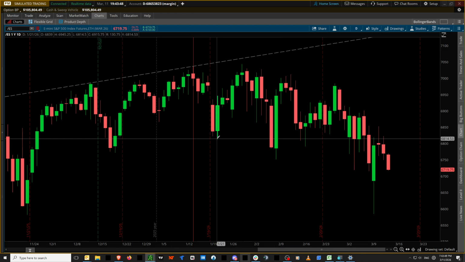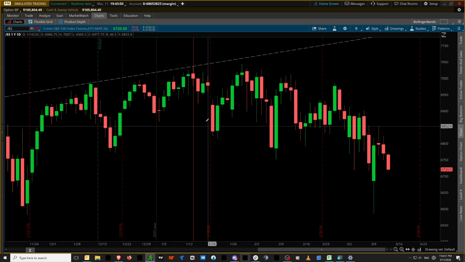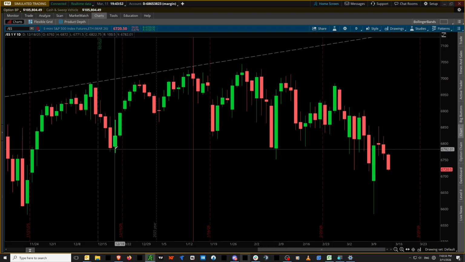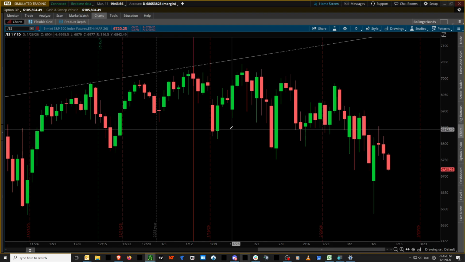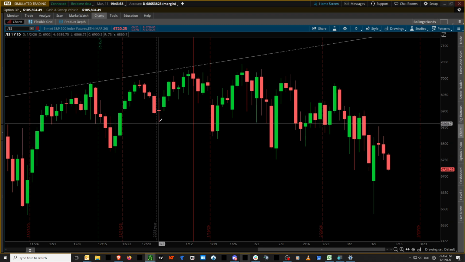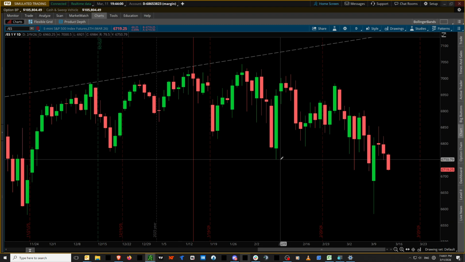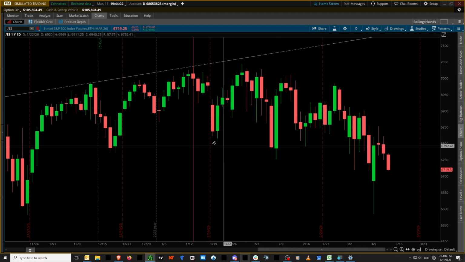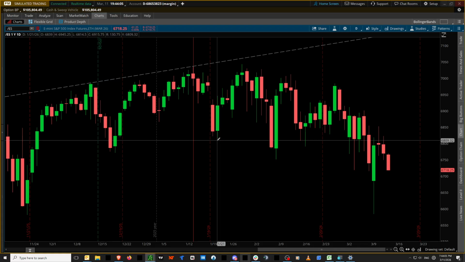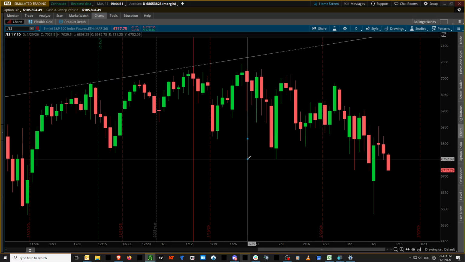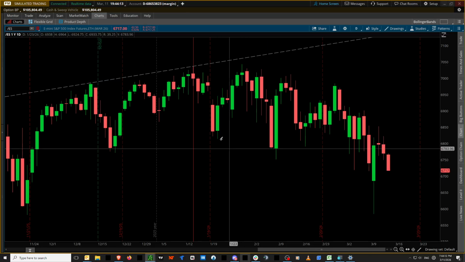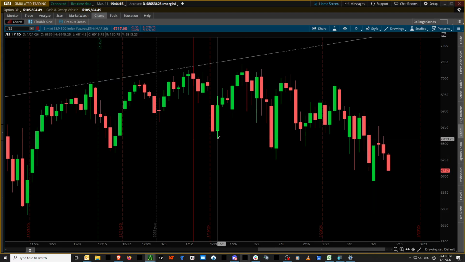Would you agree that this low took out a lot of other lows? Did it take this one out? No. But it did take out this one and so on and so on. Did this one take out this low here? Yes, it did. Let's try that. I'm just going to drop it in. Come here. Oops, wrong tool. Let's see if it works.